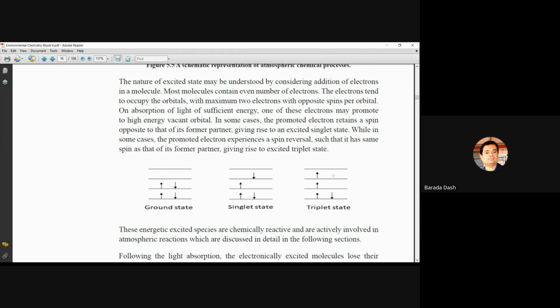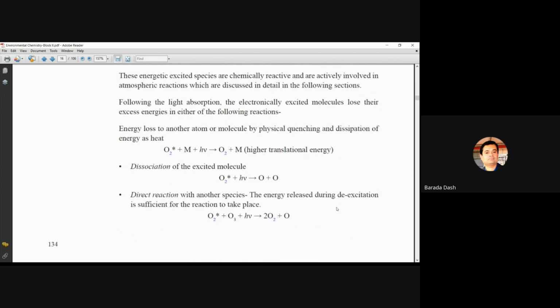Singlet is the ground state, where all the electrons are paired. Singlet and triplet excited states are both unpaired, but their spin distribution varies. So you see how oxygen, when another molecule is there and you have h nu, meaning sunlight is coming, then what happens is